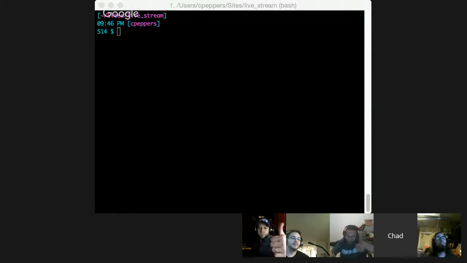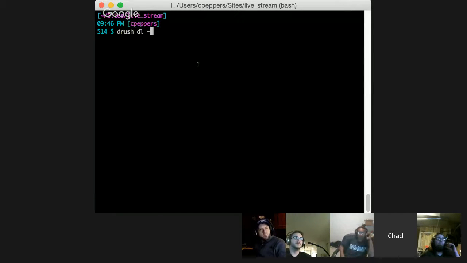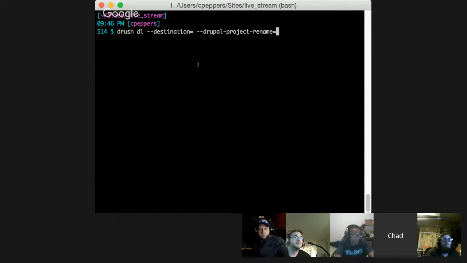Okay, so first thing to do with Drupal, and this is pretty cool. Using Drush, we're going to just download Drupal. You just type in drush dl, and dash dash destination equals. That means it's going to install it right here in the folder that I'm in. And then dash dash drupal-project-rename equals.